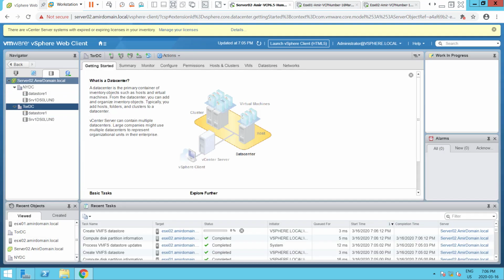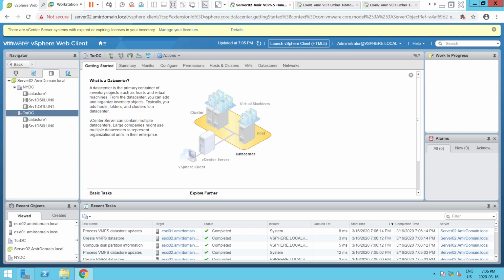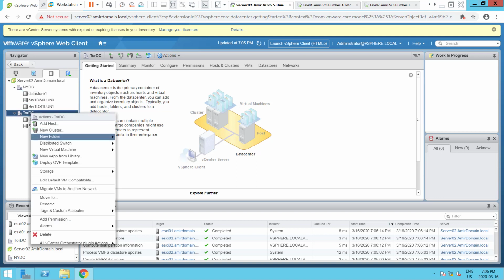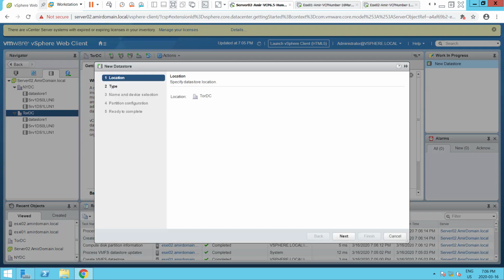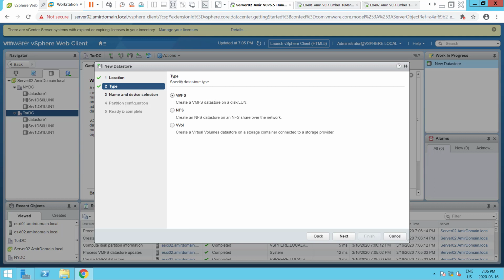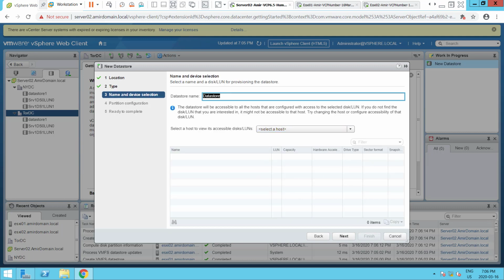So that is done, and then we go for Tor DC again. We don't have to go one by one to each other. We can just do all on any one, and it will appear automatically on the other one as well. Again, we're going for the third one because we have 3 LUNs, so 3 datastores, 1 datastore in each LUN. VMFS next, and then we go for first of all the source